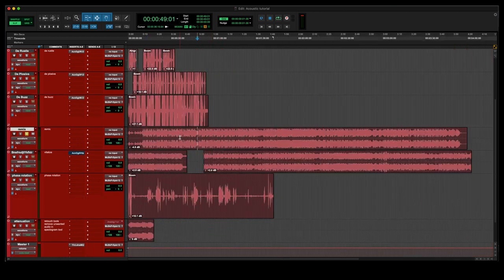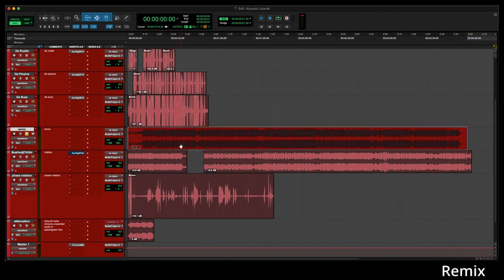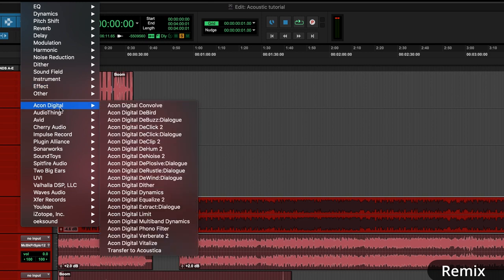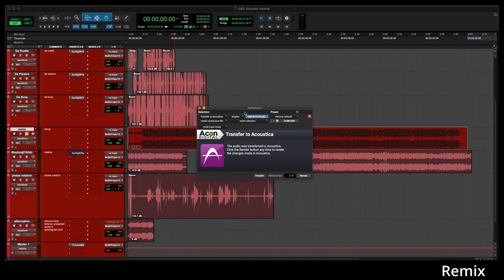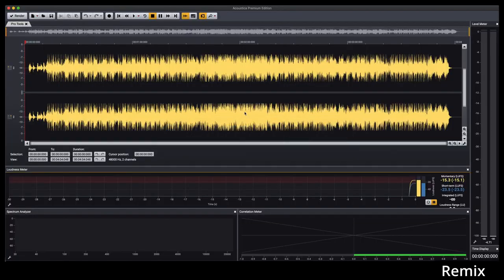Okay, so the next one is Remix. Basically, Remix is the equivalent of Music Rebalance. With the audio suite, you go to Acon Digital, transfer to Acoustica, and it will transfer this piece of audio to the standalone program, and then you can work on this, do the modification, and send it